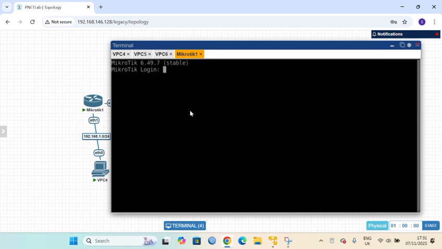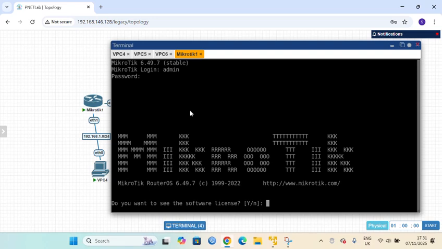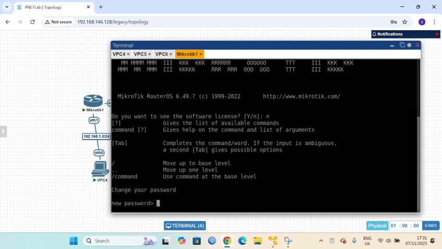Okay, let's start with router one. We enter. We write admin at the MikroTik login. Admin, just like this. Enter. And the password you just enter. And this click N, and Control C. First we write the router name.